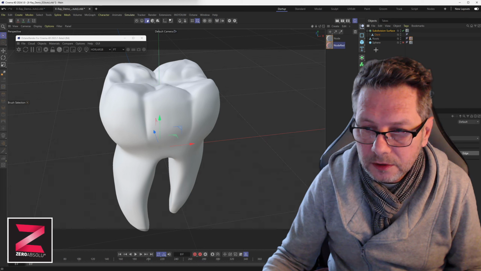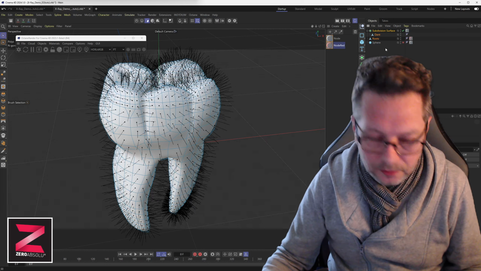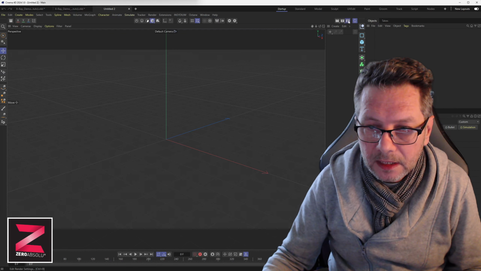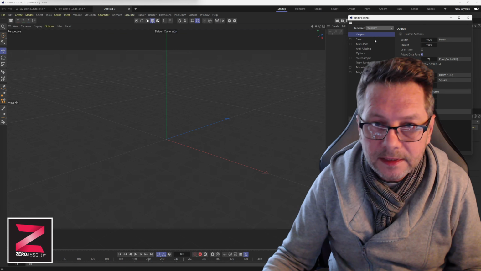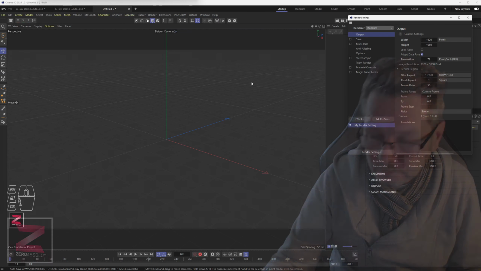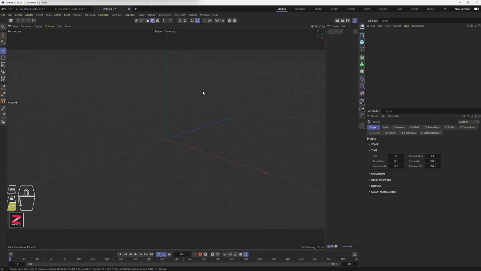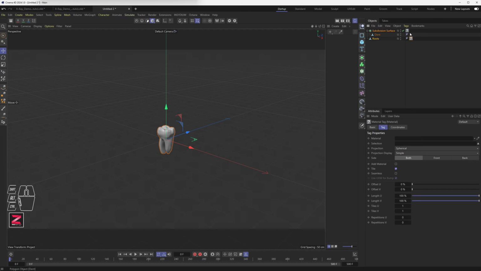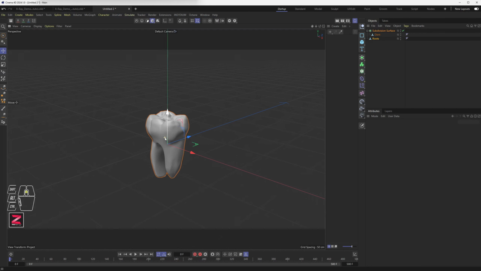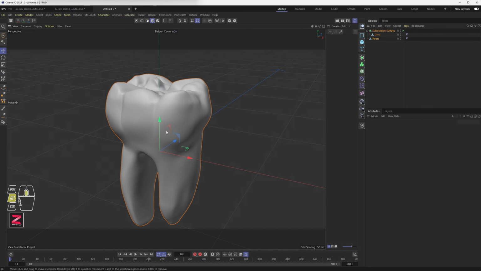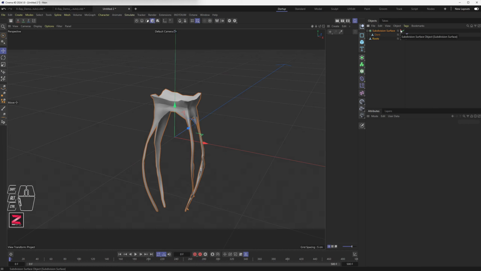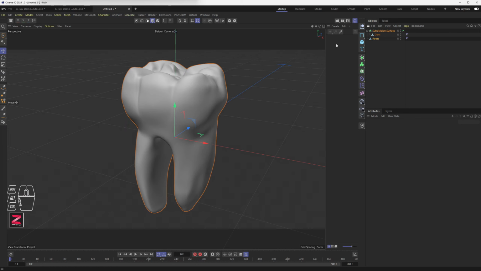So let me just copy those two objects and go to a new scene. Let me turn the standard render engine on. Gonna paste those objects and remove those materials. So here is my scene with a tooth and the roots inside. So usually with the default material,